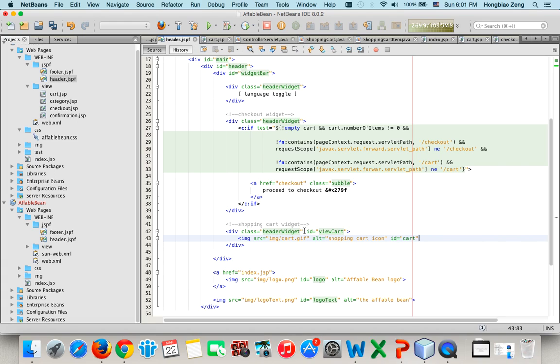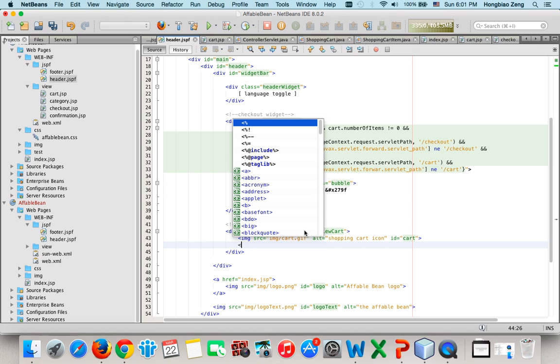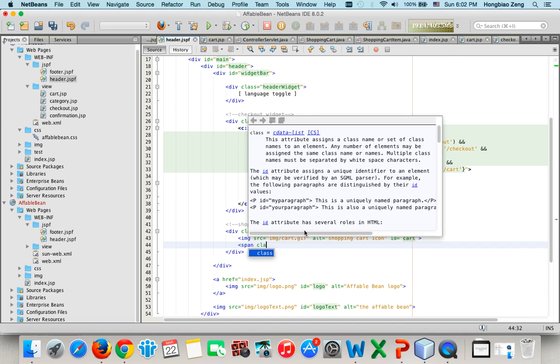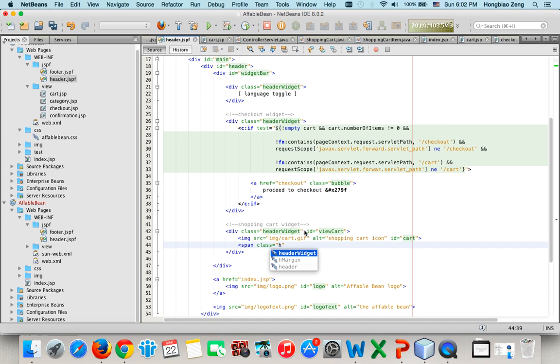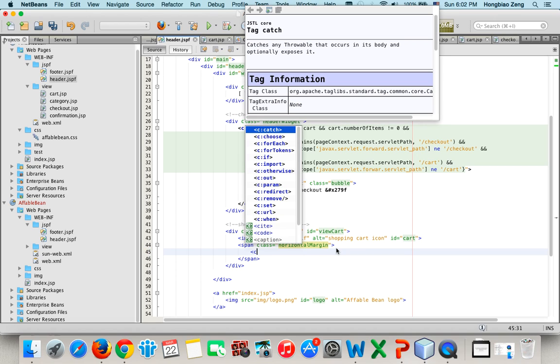This card is also a new CSS style. This is also a new style. Inside here, I will choose